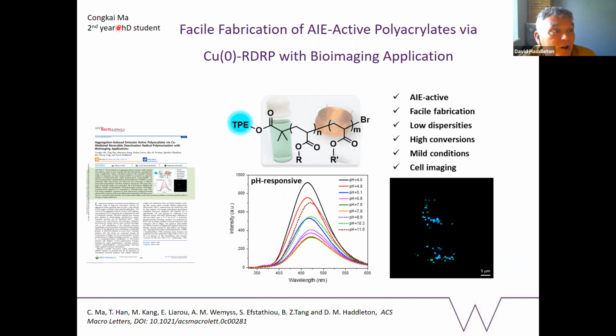So this is work of Konkai Ma, who's a second-year PhD student. And I don't know if you're familiar with this, but we wanted to use AIE, aggregation-induced emission, which is where normally when things fluoresce, as you increase the concentration, they quench, and so it stops fluorescing. With something that's an AIE, it only fluoresces when it aggregates. So if it's not aggregated, it doesn't fluoresce. If it aggregates, it does fluoresce. This is a very, very topical area,